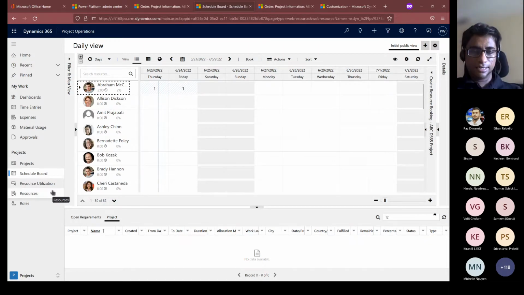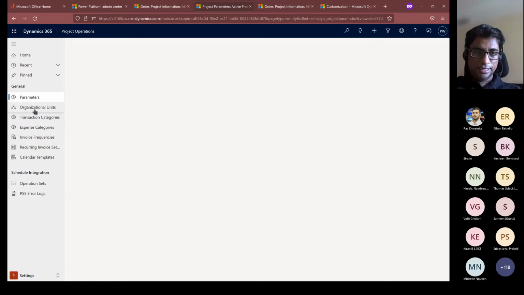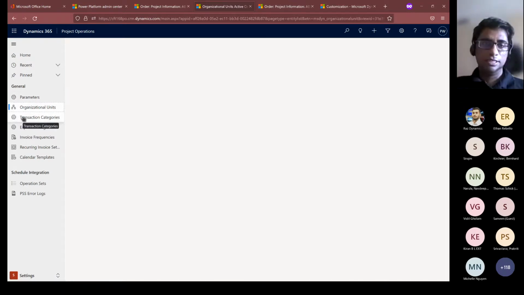This is where I had set the work hours, so that if I hadn't set the work hours, it would have shown me 24 hours for default resources. So these are some of the initial setups you have to do. Again, the most important types of setups are in settings, in organization units. As a recap, this was the very first thing I talked about,